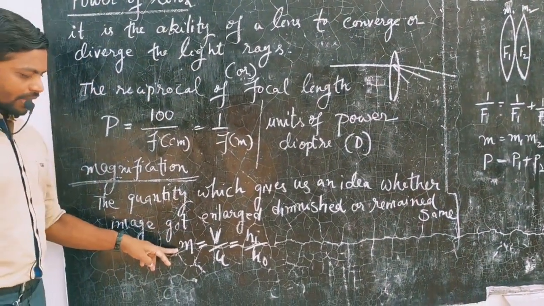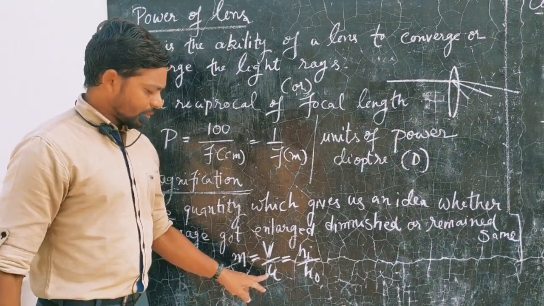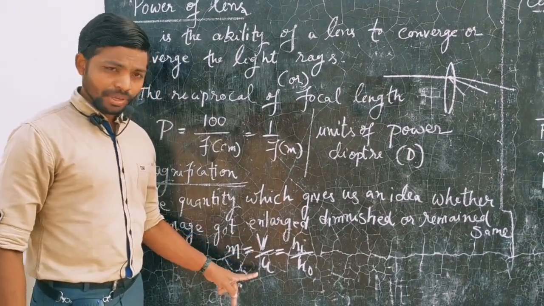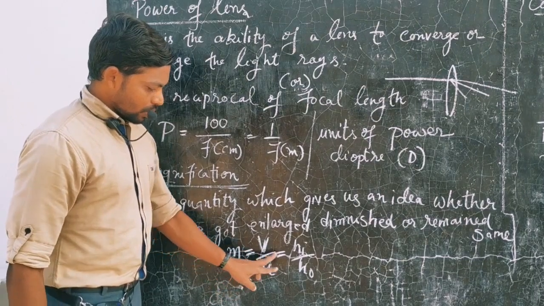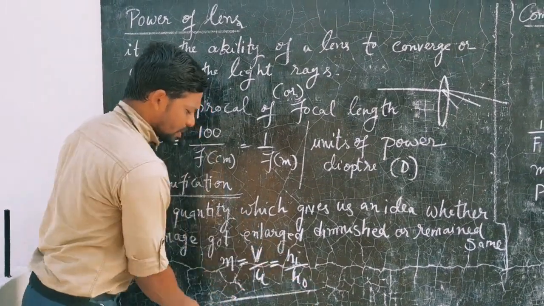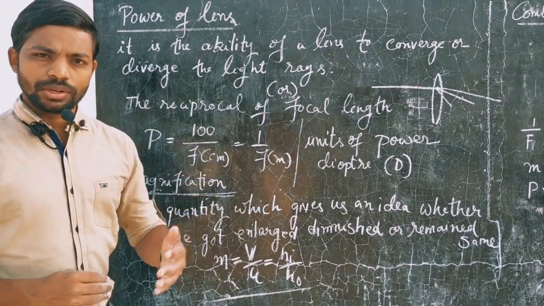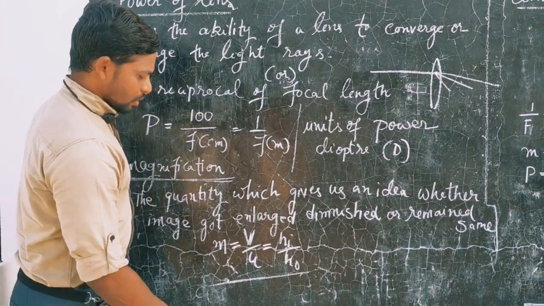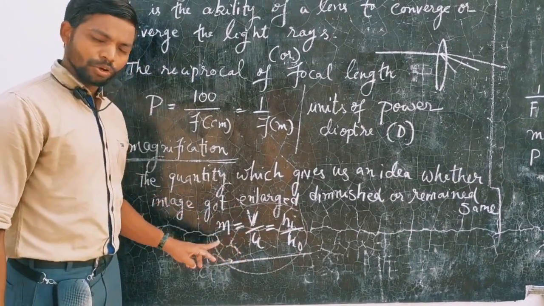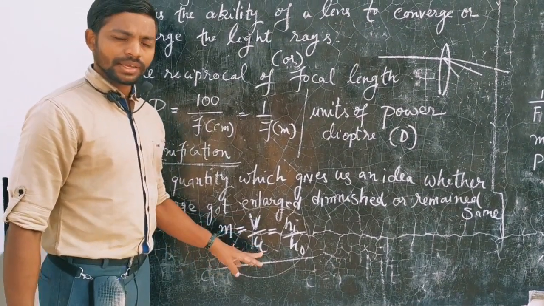The formula for magnification of a lens is v by u. This is unlike the earlier formula, minus v by u, for mirrors. For a lens it is only v by u, not minus v by u. v by u is equal to hi by ho, height of the image to height of the object. We are not very much interested in how that has come, it is not part of the CBSE syllabus. You will learn this in class 11 or 12, right? So again, if you know any two values here, you can find out the magnification and you can understand about the image. Let's move on. We will use that in the numericals part.